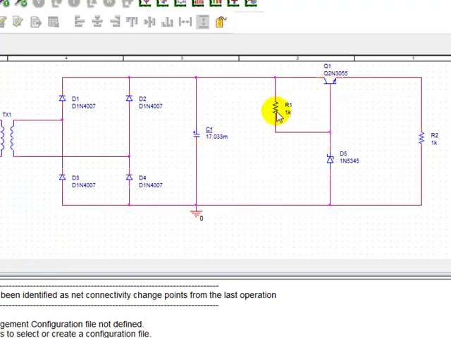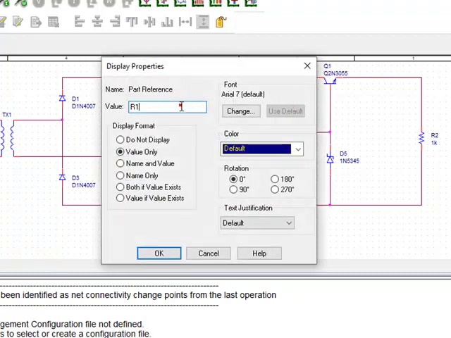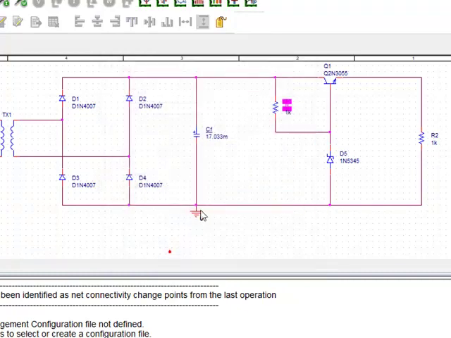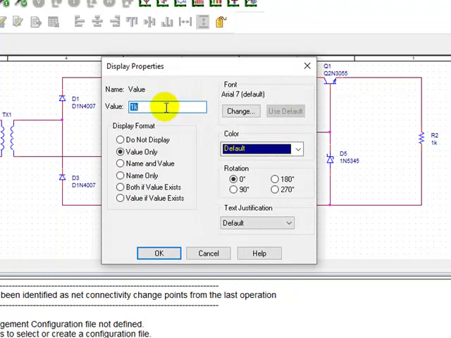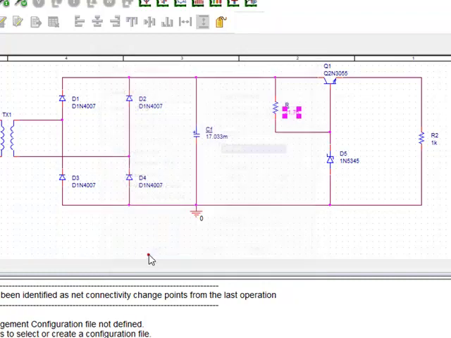And let us come to this resistance. This resistance I've named it as R. So its reference designator is R. Its value is 21.76 ohm. So just double click on this 1K default value. You will be able to enter 21.76 ohm. So click on OK. Then this is the Zener diode. This is the transistor. Nothing to do here.